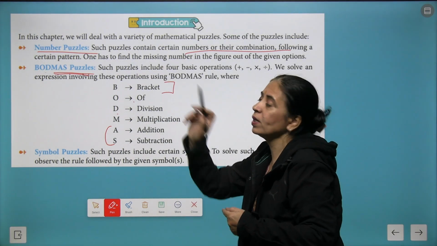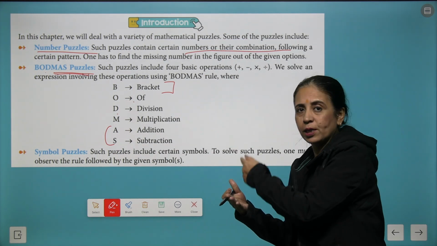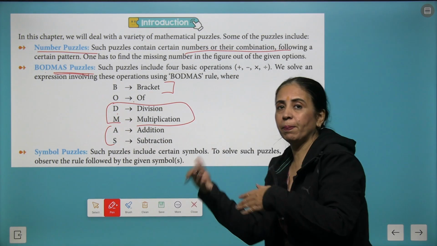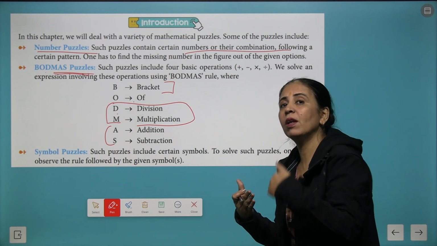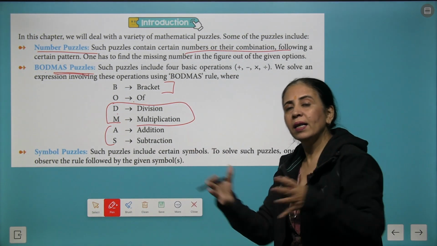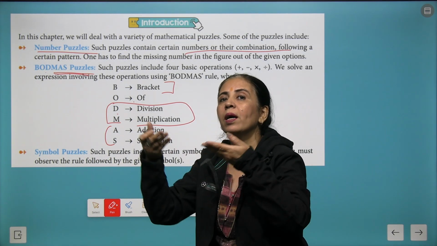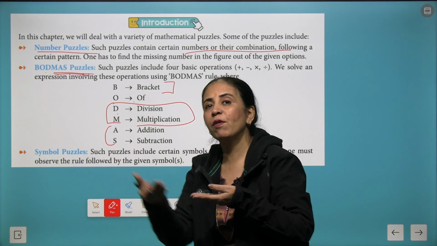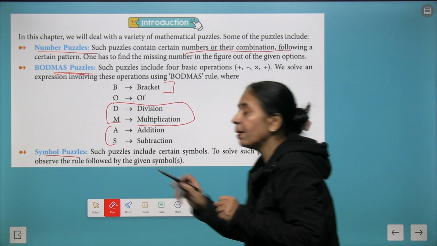So first we'll be focusing on brackets, and then after the bracket is solved, we come to the exponent part, followed by the second level where division and multiplication are solved, and after that we come to the last level where we solve the question based on addition and subtraction and the entire equation is solved. And sometimes we are stuck at points where multiplication and division are coming together, so we have to move from left to right. Further, we have another category of question where we have symbol puzzles.